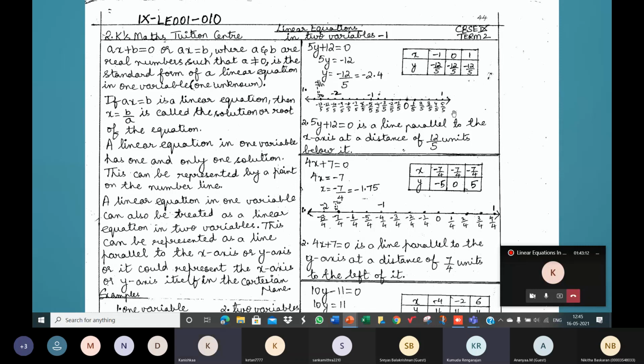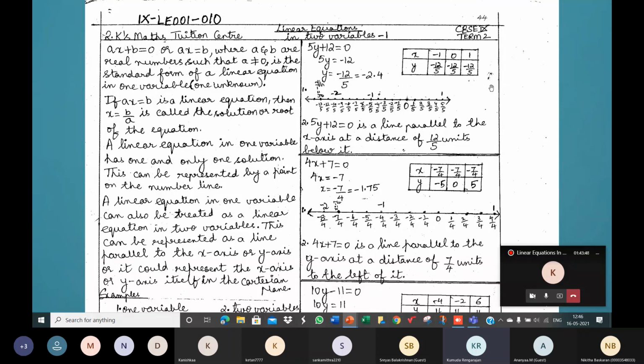Y-axis, ma'am. Yes, when you plot 0, comma, -2.4, it lies on the y-axis. The point lies on the y-axis at -2.4. And what about 1, comma, -2.4? Fourth quadrant, ma'am. 1, comma, -2.4 lies in the fourth quadrant. So we have this point lying in the third quadrant, this point lying in the third quadrant, this one on the y-axis itself, and this one in the fourth quadrant.